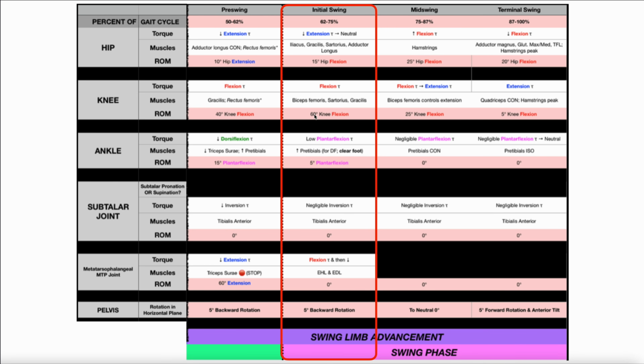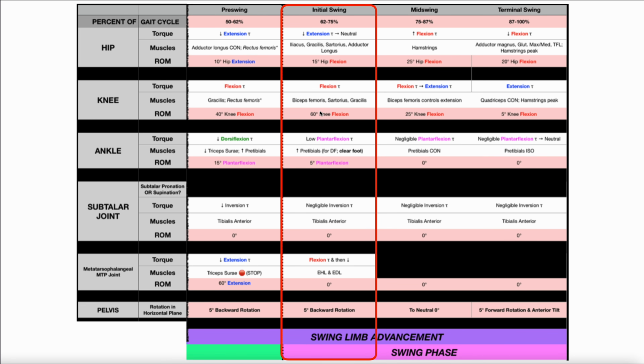If for whatever reason you had a person who was deficient in knee flexion, and a great example would be someone with a total knee replacement who really hasn't advanced very far with this, they're going to have a lot of difficulty clearing that foot over the ground because they're deficient in that knee flexion. Of course, most people when they come out of a total knee are going to have a little bit more than that, but in some cases they'll have less. And so what you might see are some compensatory patterns like some circumduction at the hip or maybe some vaulting in order to clear that foot over the ground. So you need at least 60 degrees of knee flexion in order to have proper mechanics of getting that foot